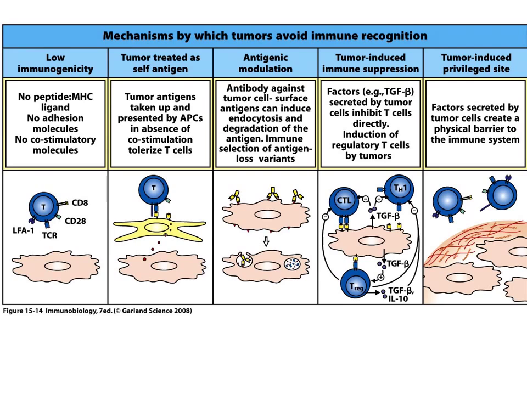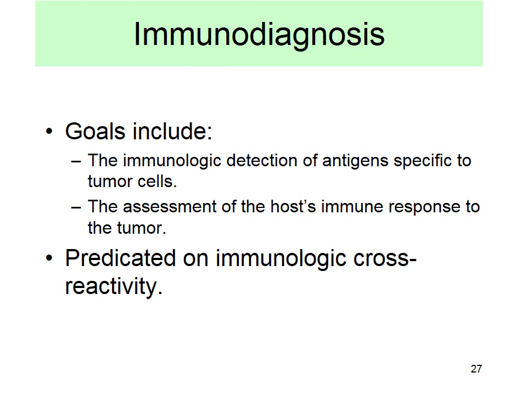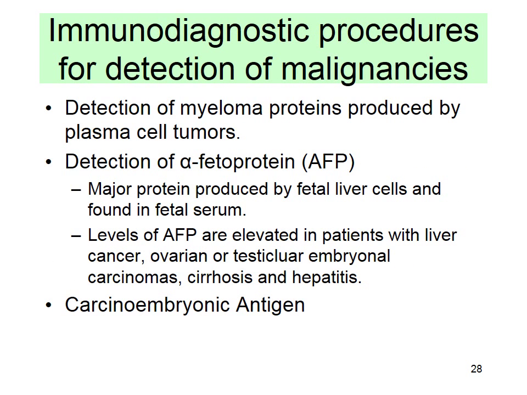Okay? Now, our goal is to diagnose these tumors. So we are looking at the antigens. That's the most important thing, right? We're looking at malignancies that have very specific antigens. That's the major struggle, the major research in cancer today. As we discussed earlier, some of the proteins that are known, like alpha-fetoprotein, are some of the earlier signs of developing cancer.